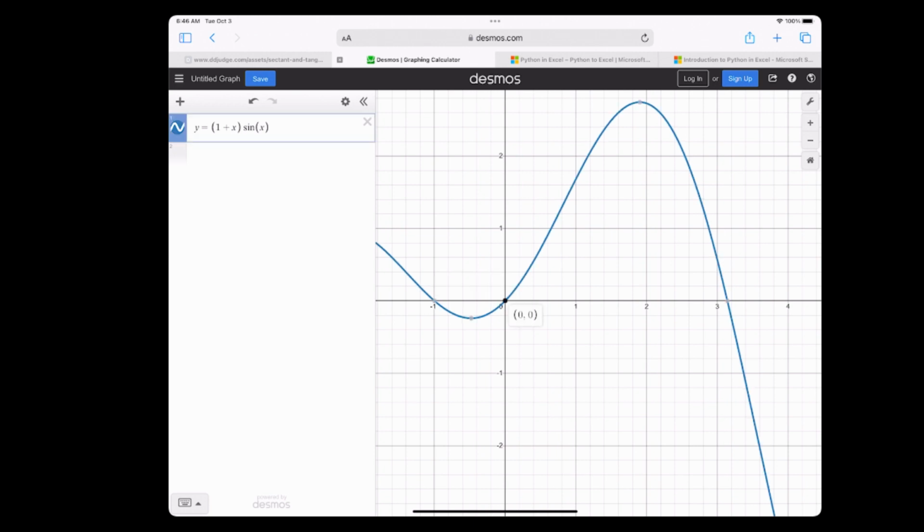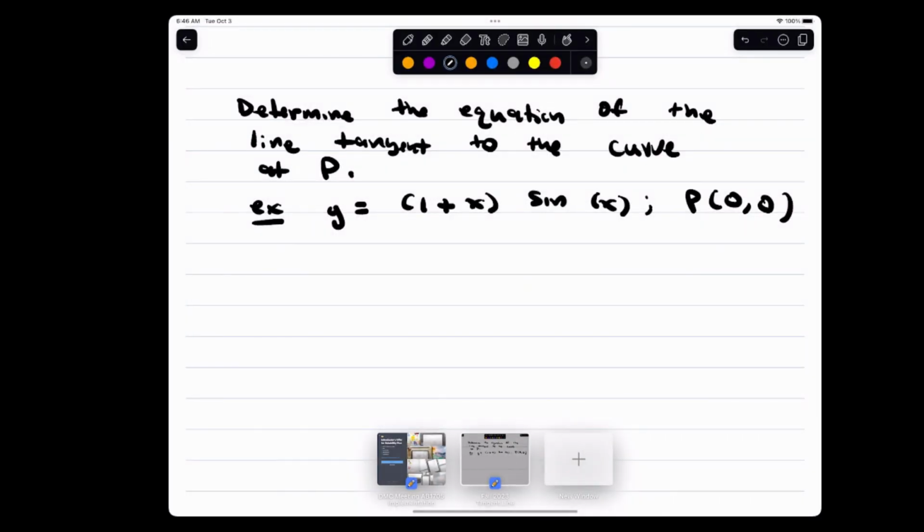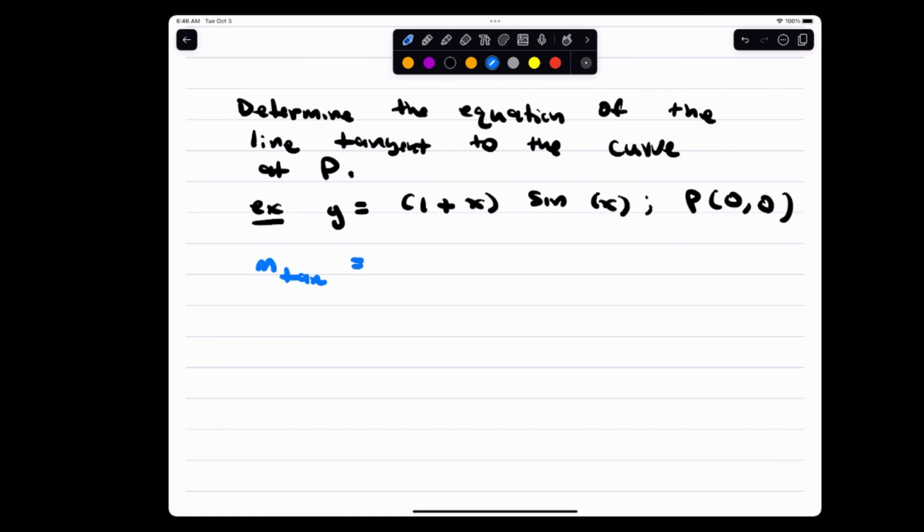All right? So just to throw that out there, how to do that, to remind you guys that this can be done with trig functions as well. So in order to do that, remember we need the slope. We need m tangent. And that is the derivative of the function, y prime, evaluated when x is 0. Okay, so I need the derivative. So y prime will be